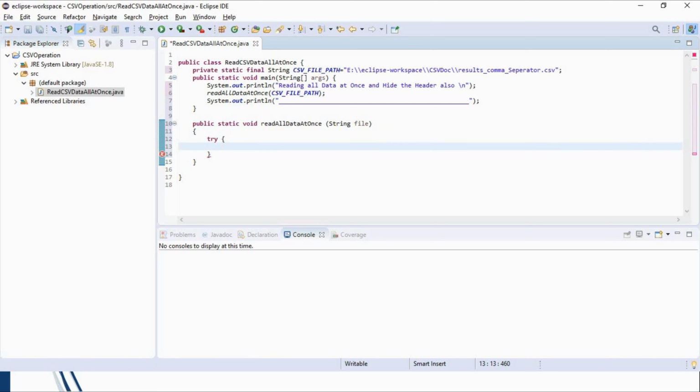Now, in this try block, we will write our logic. First we will create an object of the FileReader class with the CSV file as a parameter, and now we will create a CSVReader object by passing the FileReader as a parameter.